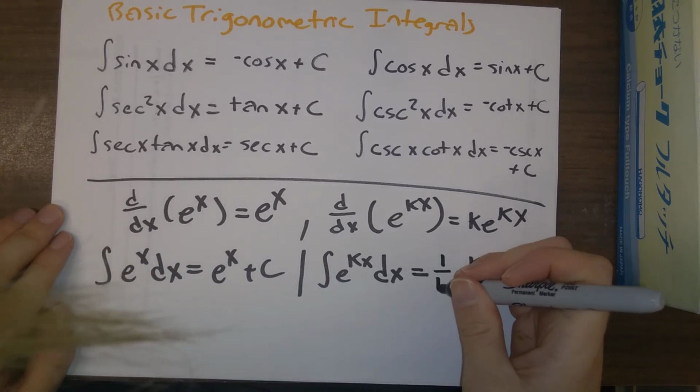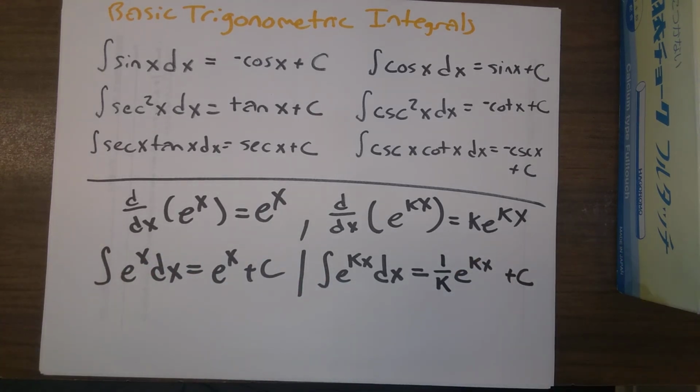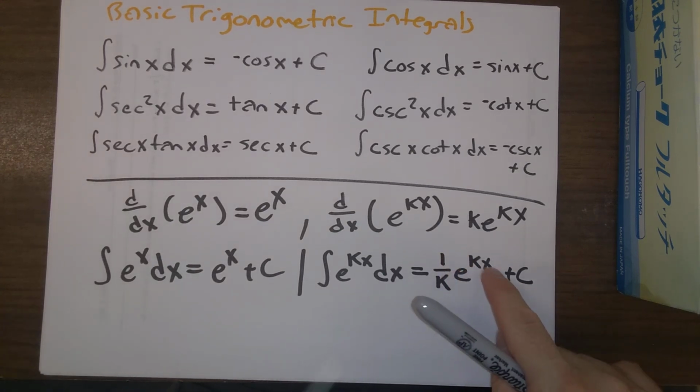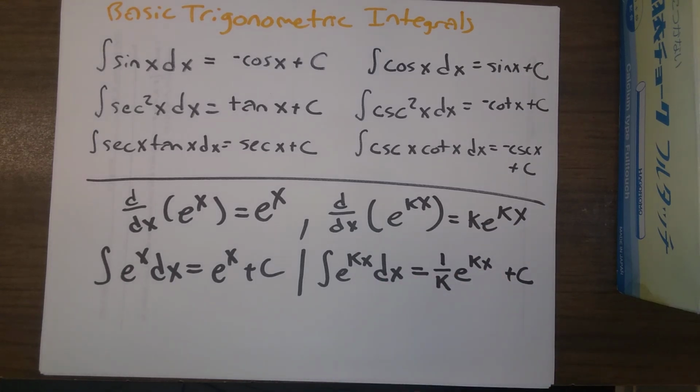So what do we do? We put a factor of 1 over k here. So we take the derivative of this, we get k times 1 over k e to the kx. We get e to the kx here. So this gives us a